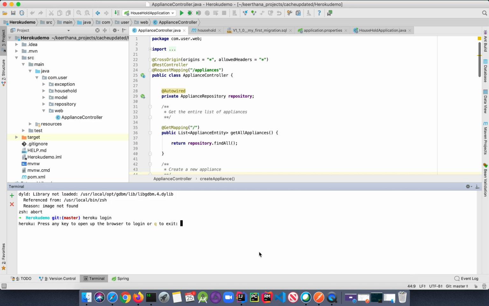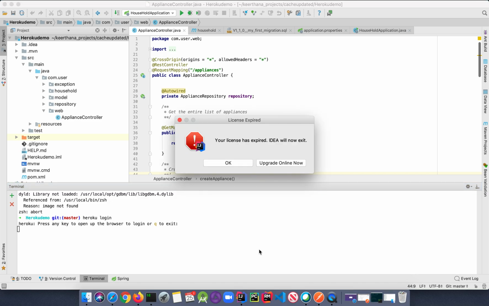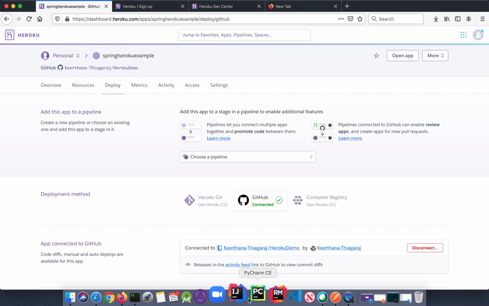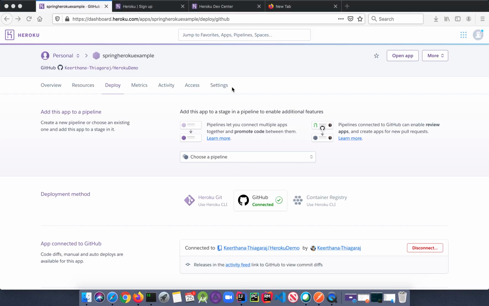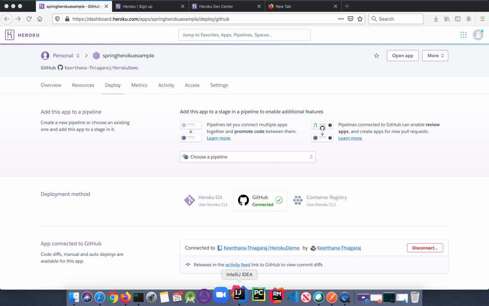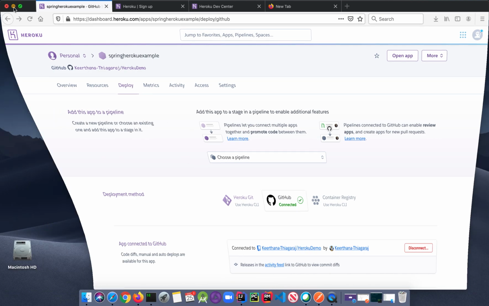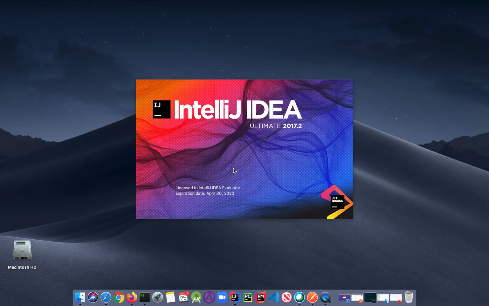You just need to press any key to open. My IntelliJ got disconnected.